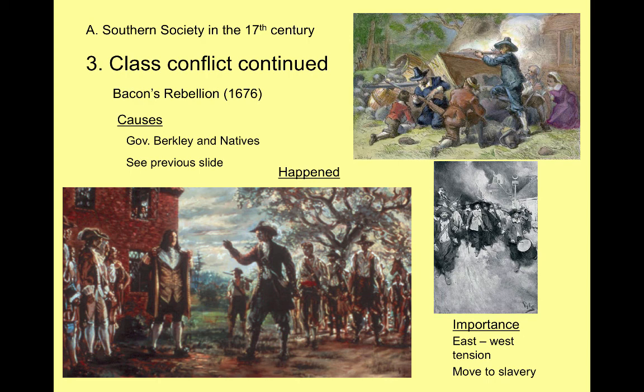And so eventually what happens is Nathaniel Bacon will die of sickness, and when he dies, the rebellion kind of crumbles without its leader. And so we see the governor come back with forces that are paid for and created by the other East Coast elite, and they crush the rebellion. And so the rebellion doesn't change anything. I mean, it is an example. So let's talk about why it's important. Well, it's an example of this East-West tension I've been talking about.